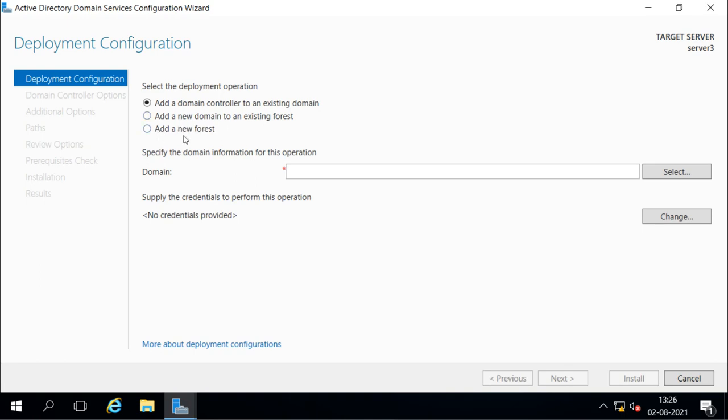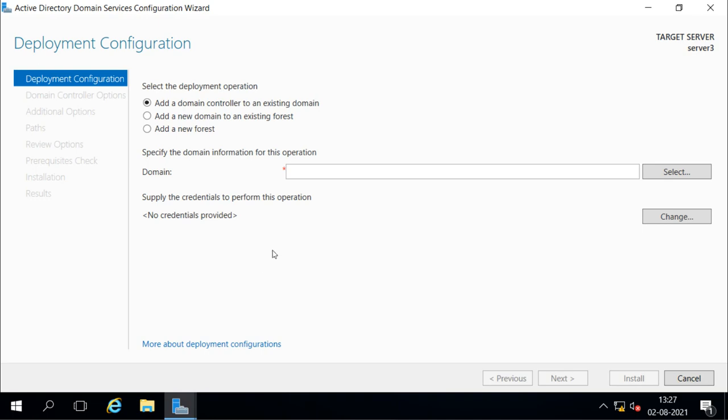So if you want to create the domain controller in an existing domain, then you will get the option to create the DNS or not to create the DNS. Now if you create the DNS, then it will create the DNS server onto this domain controller also, and it will create the zone for it. We'll do it for the start.